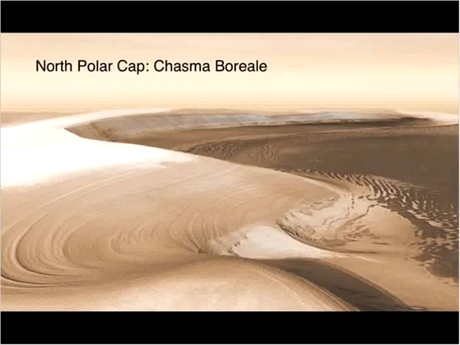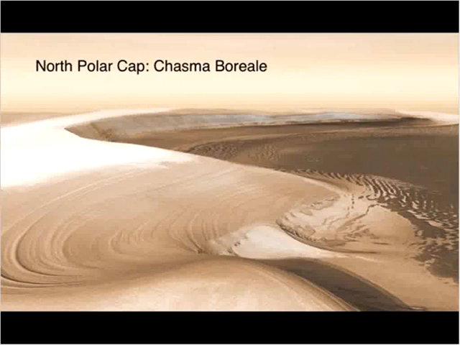Now you can see how finely layered these deposits at the North Polar Cap are, and we think it's a combination of water ice and dust and probably some CO2 ice. So Mars gets cold enough that CO2 in the atmosphere can actually precipitate out. It can turn into frost and make dry ice. So these caps in both cases are some combination of water ice and CO2 ice as well as dust.